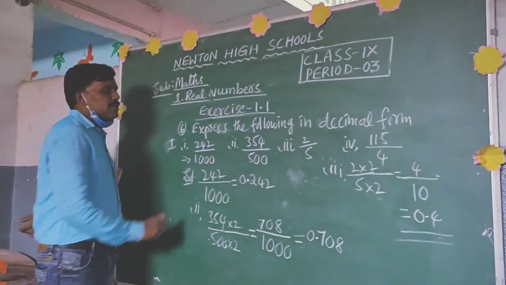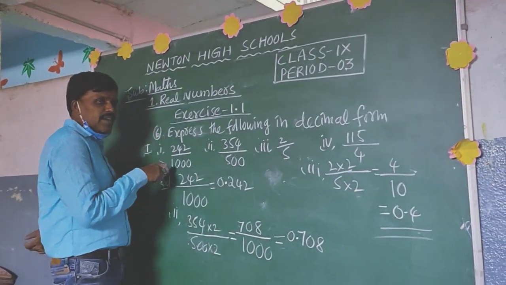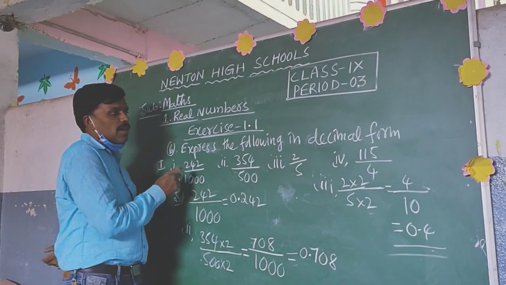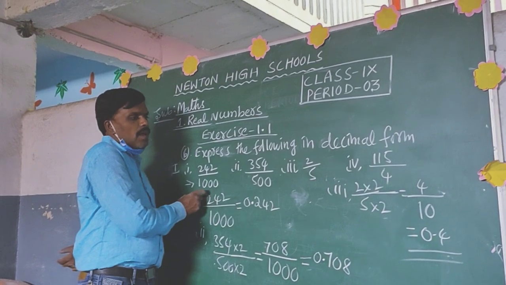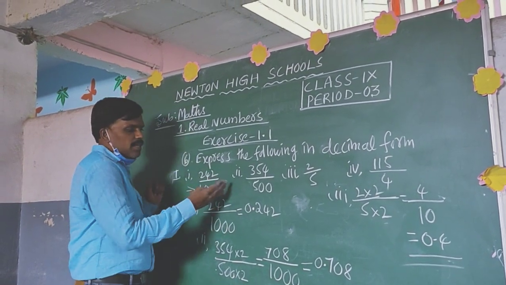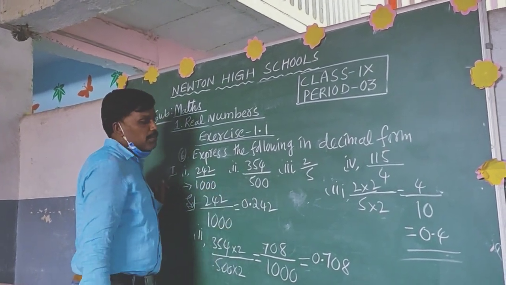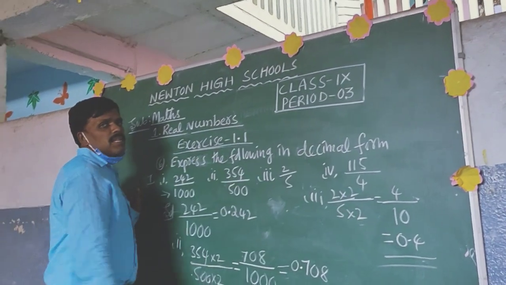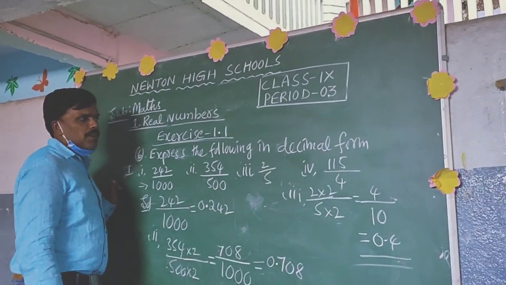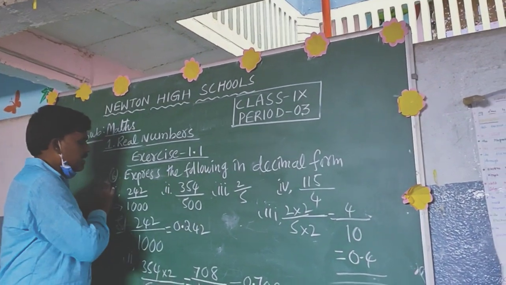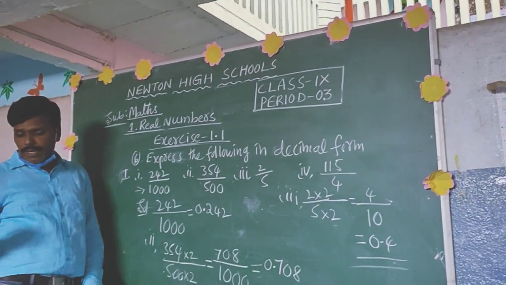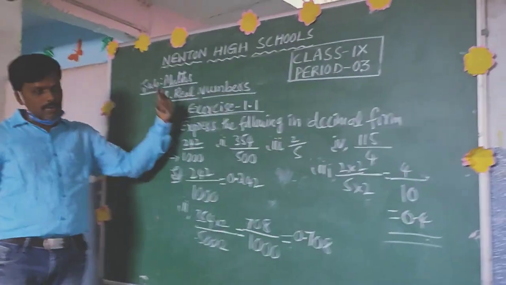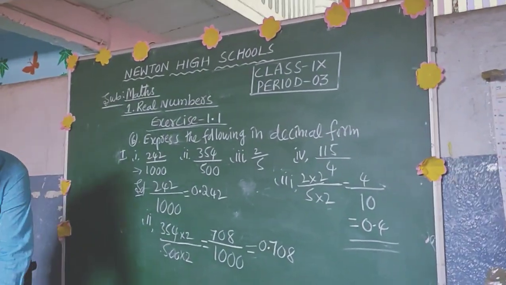So in the given ratio numbers, if the denominators are exponents of 10, fine. Or if the denominators are not exponents of 10, we have to convert them into exponents of 10. Then easily we can convert into the decimal form. This is another method, that is the 6th bit, the first one. Second method is completely with division, which we already discussed in the previous sum. Okay, the next one.